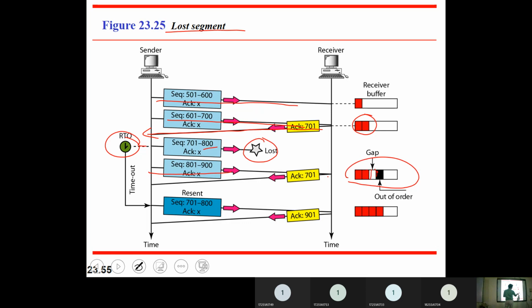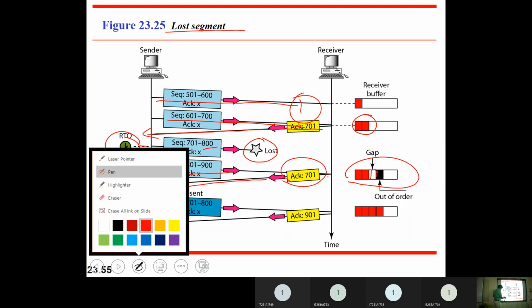Immediately what it is doing, it is acknowledging, saying I am expecting 701, but already previously you have sent that one, right? But he did not receive it, so it is saying I am expecting 701. So this is the first time it is saying I am expecting 701. Let me change the color over here.